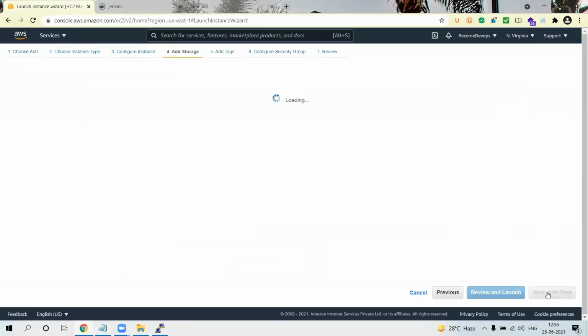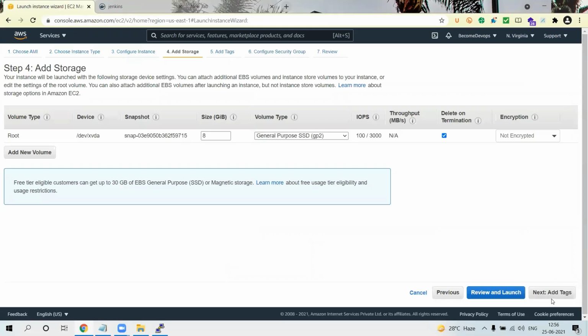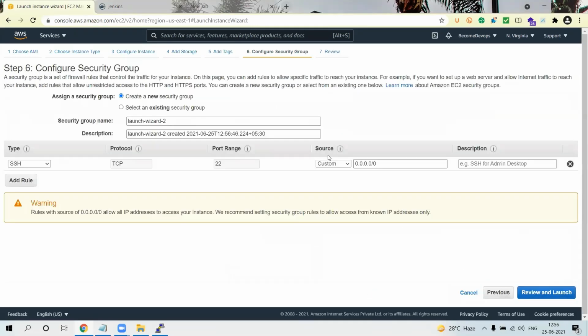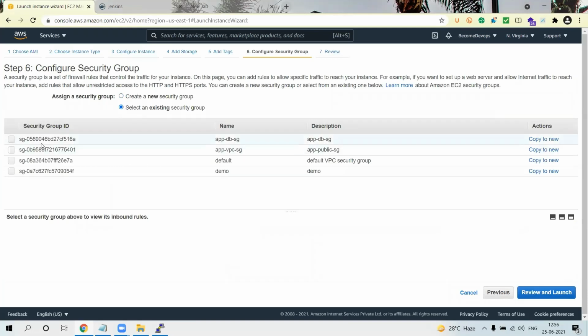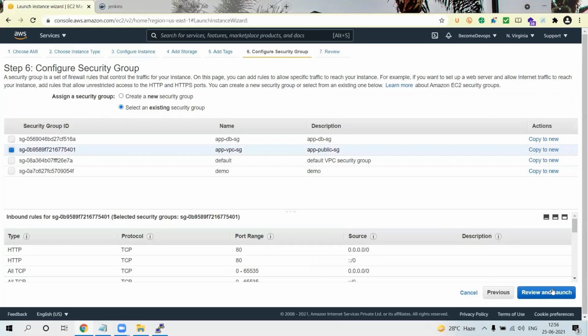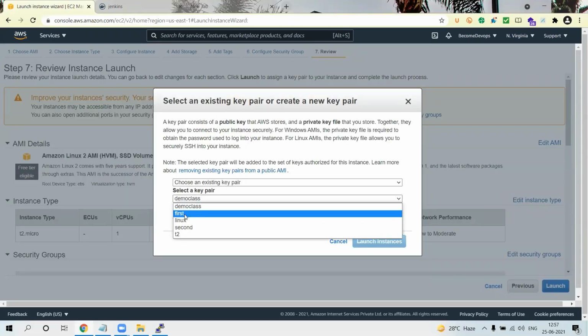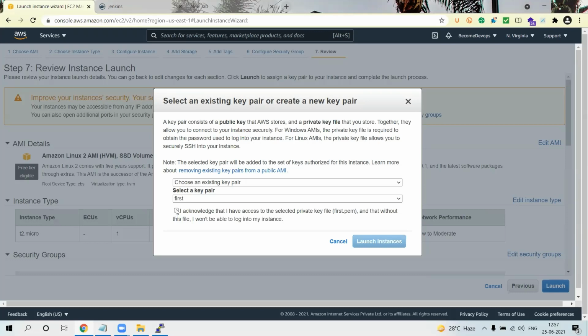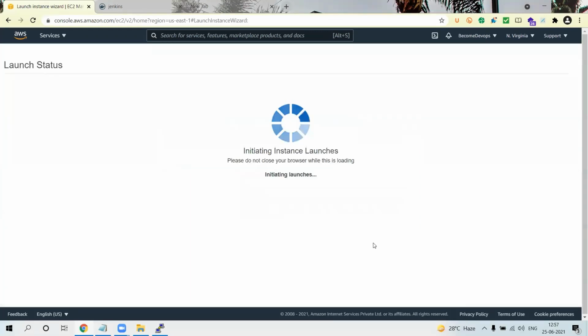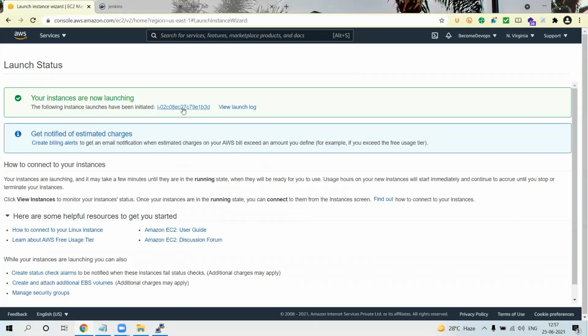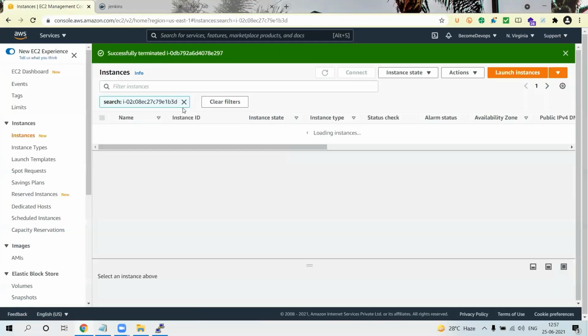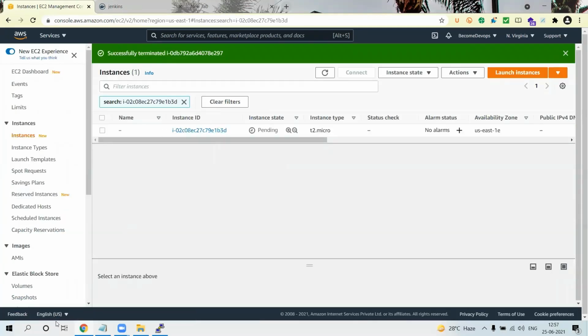So I'll just proceed with launching this instance now. I'm configuring the security group. I do have a security group where I have opened enough ports so that it will be able to communicate externally. Okay, so let me choose a key here. I have this first key. Since I'm connecting from a Windows machine, the PEM key which you create initially to launch an instance should be converted to PPK. So I already have it.